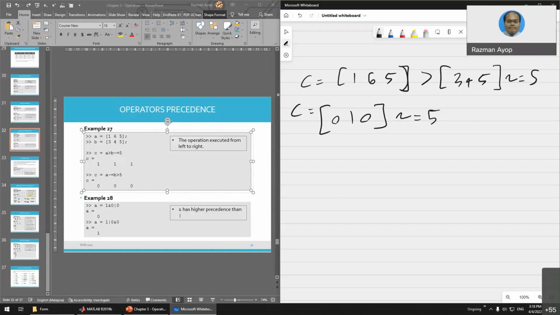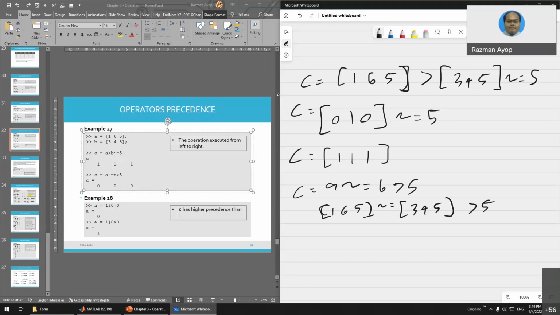Based on this, you can see here you have to check one by one. 0 is not equal to 1 is correct. 1 is not equal to 5 is 1. 0 is not equal to 5 is correct, so 1. So that is how you solve this equation. The next one is C is equal to A not equal to B, more than 5. So A is 1, 6, 5, not equal to B, which is 3, 4, 5,